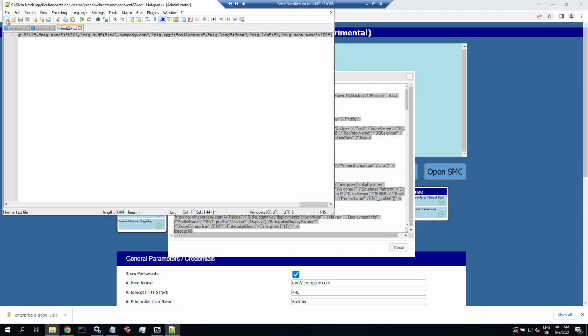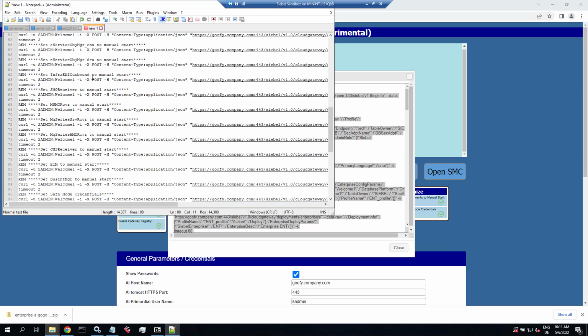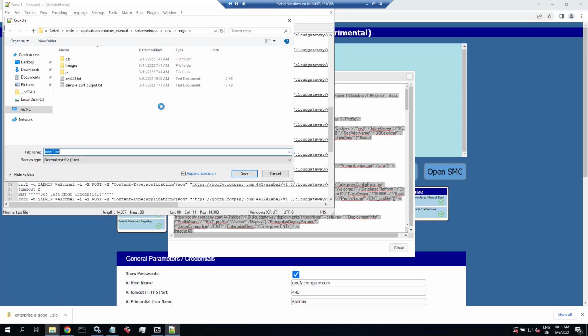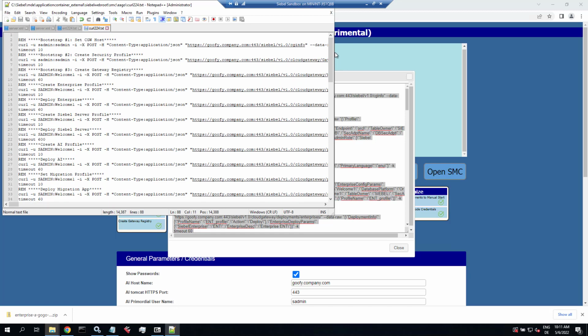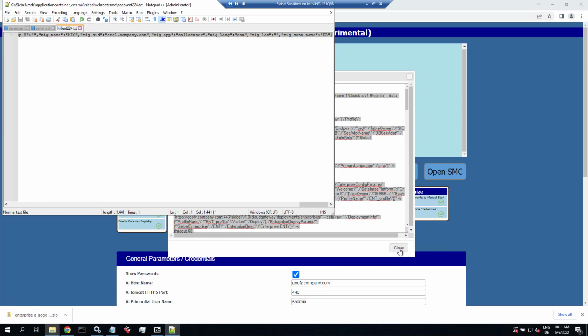But we're not going to use that option, just showing it here as a feature of enterprise-a-gogo. So all the steps as curl scripts for Windows. Linux has slightly different syntax, but we are going to run,